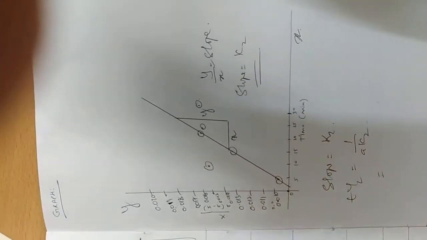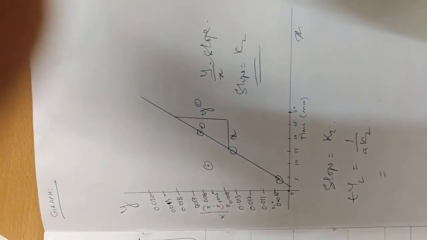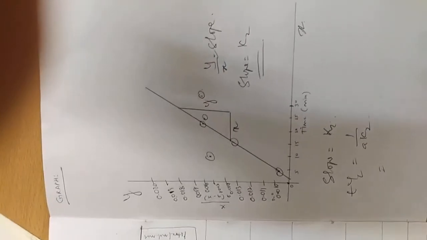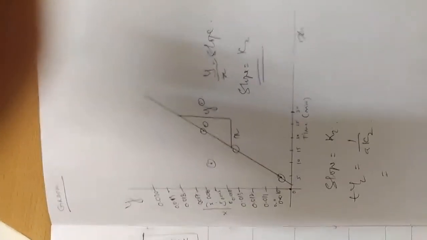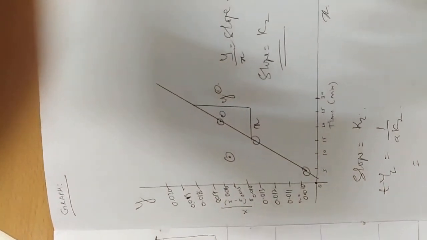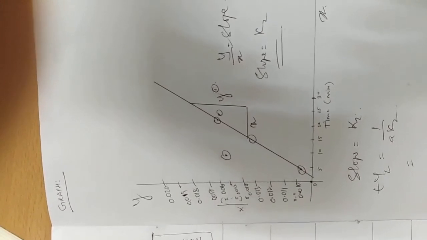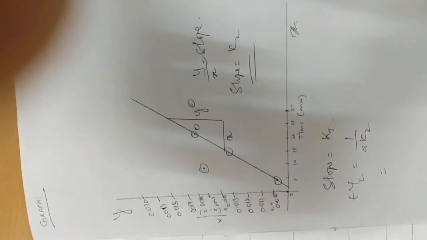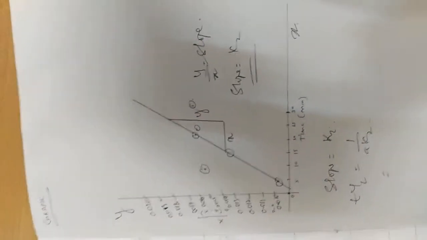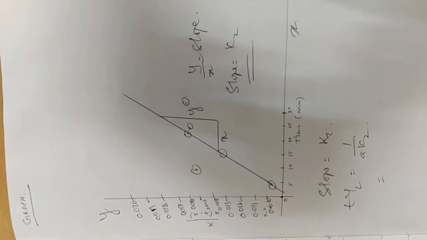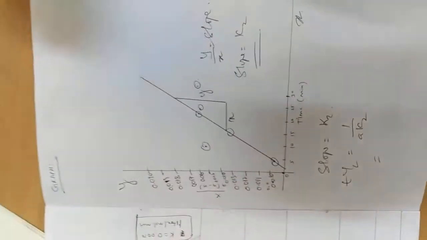The interpretations we can get here: t half is the half-life, that is the time taken for half of the initial concentration to be reduced, and it is expressed in minutes. And k is the reaction rate constant, which indicates how fast the reaction proceeds. We can see that the reaction rate constant is again concurrent. We are getting concurrent readings, so that means the reaction has followed the second order rate of reaction. Here it is pretty fast, and after some time the reaction starts slowing down.